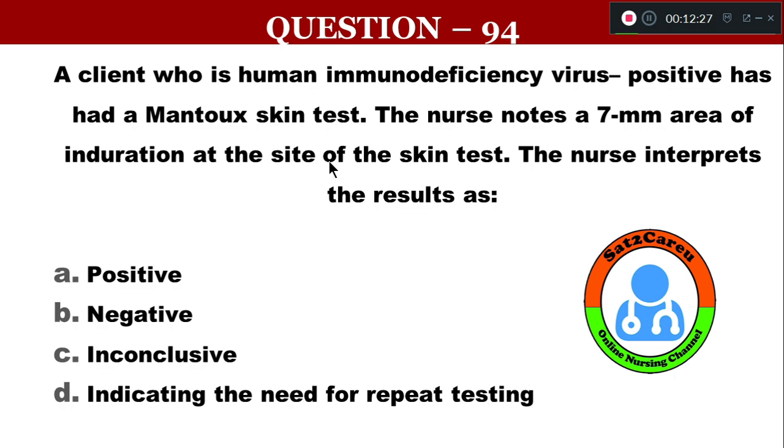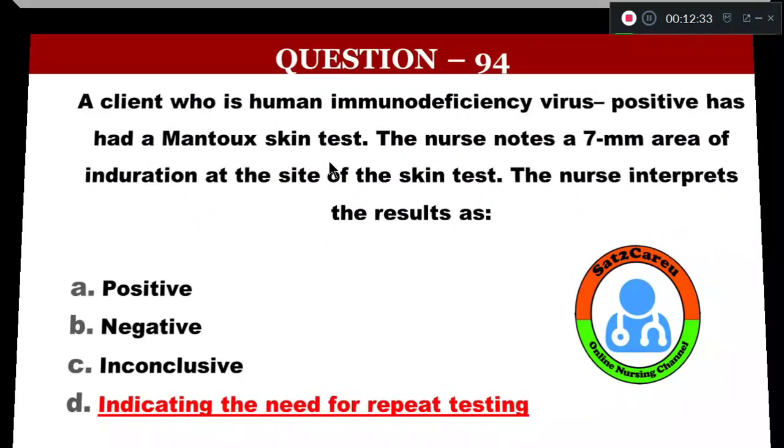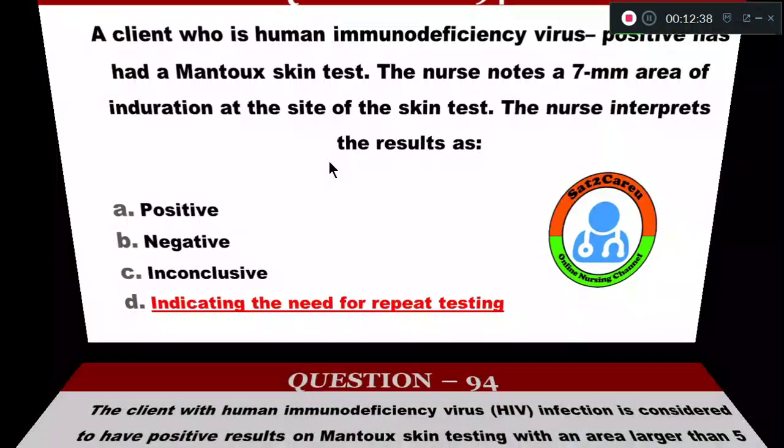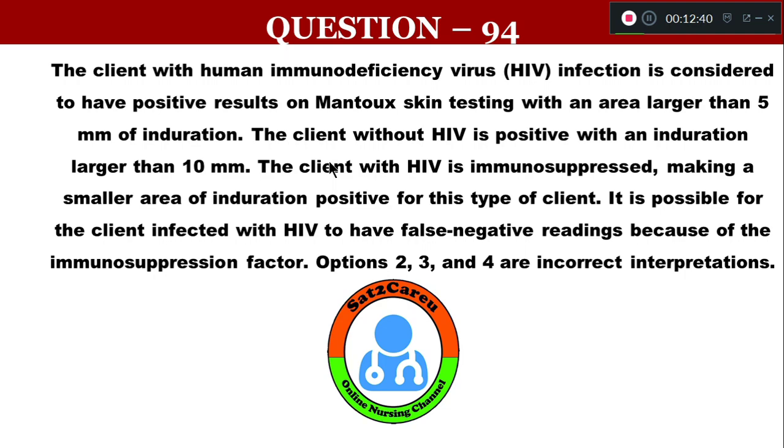So a 7 mm induration in the area of the skin test for Mantoux suggests that repeat testing is needed. The rationale: the client with HIV infection is considered to have positive results in Mantoux tests